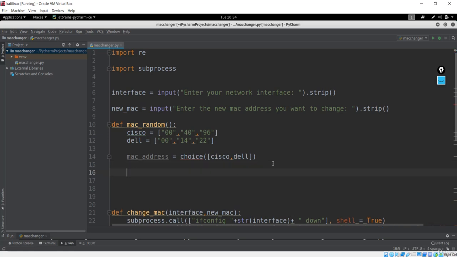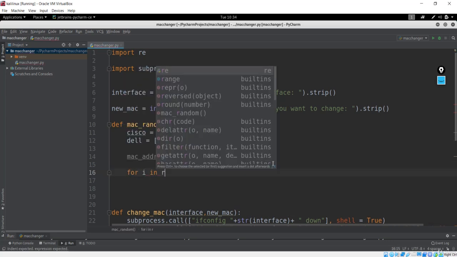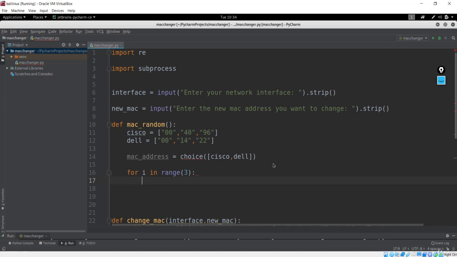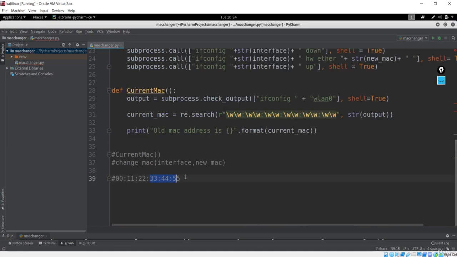So let's generate those random last three pairs. I'll say for i in range 3, because we want the loop to execute 3 times, since we just want the last 3 pairs.